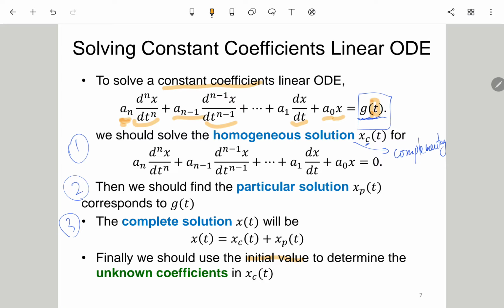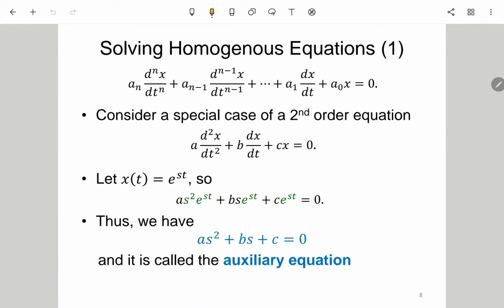Okay, so this is quite abstract at this moment. So let's see how we can really do it. The first step is to solve the homogeneous equation for the homogeneous solution. Here we just let the right side be 0. Of course, in general, this is an nth